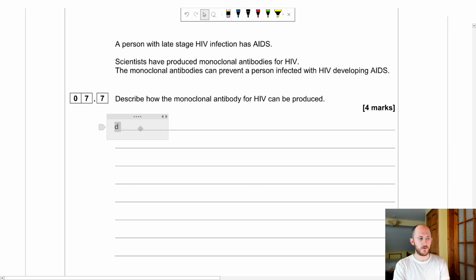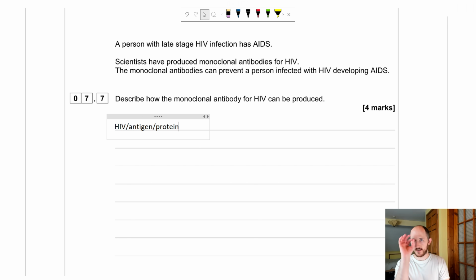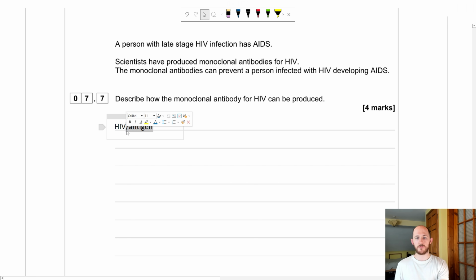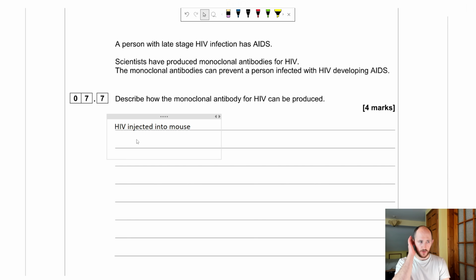So how is this made? Well, the HIV, you can also say antigen or protein. So normally, in a normal case, you would say antigen. But because we're talking about HIV specifically, I'm going to remove the word antigen and use HIV. In the mark scheme, you can use either, so don't worry. HIV is injected into a mouse. One mark. You extract